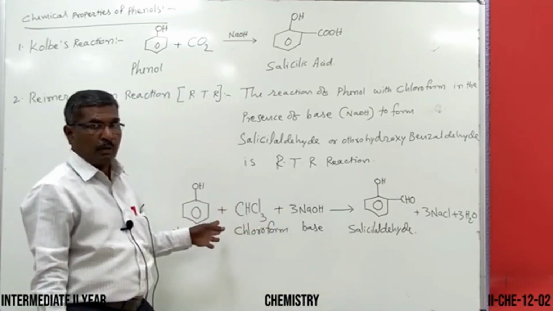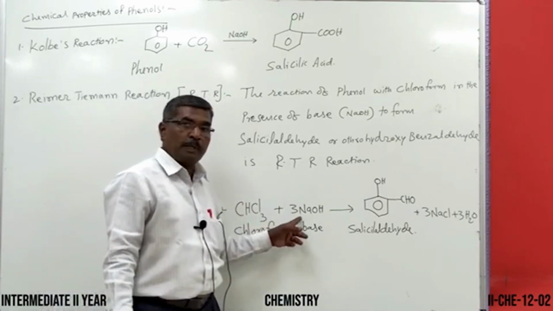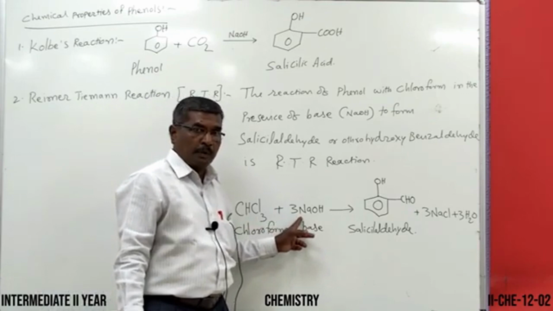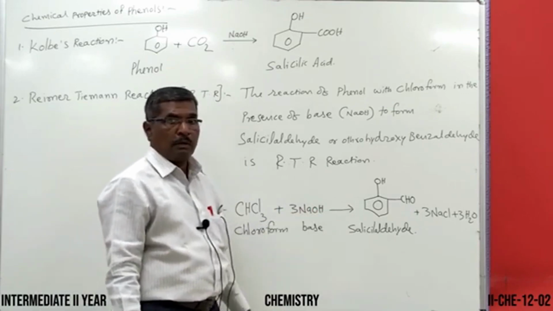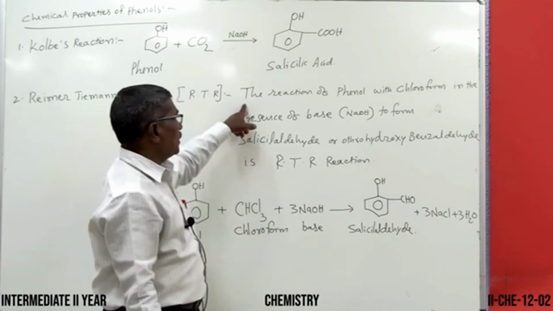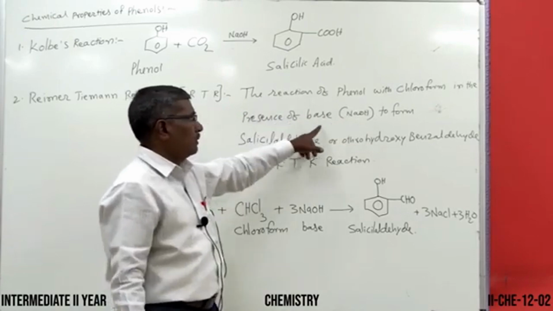The reaction of phenol with chloroform in the presence of base. The base may be sodium hydroxide or potassium hydroxide. In the presence of base to form salicylaldehyde is said to be the Reimer-Tiemann reaction. The same statement was given: the reaction of phenol with chloroform in the presence of base to form